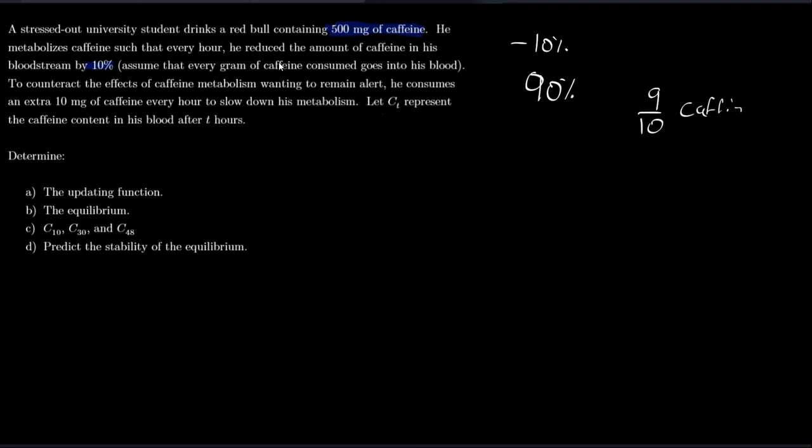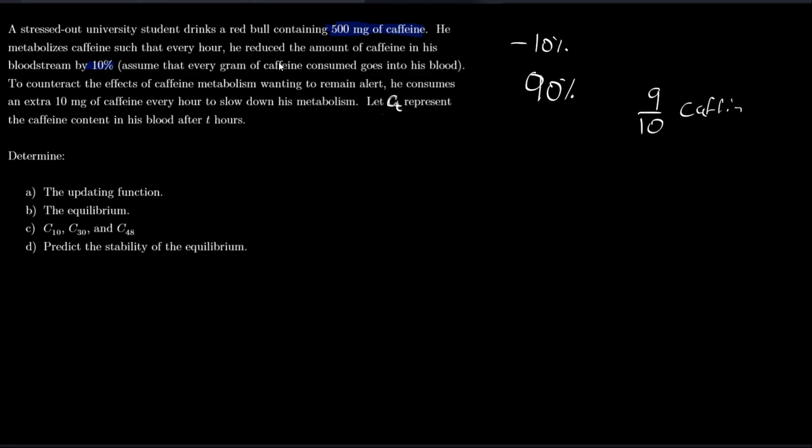And so just to counteract that effect, the student is smart, also stupid, but smart. He's going to take 10 milligrams of extra caffeine every hour. So on top of the initial caffeine that he took, which is slowly getting metabolized, he's going to add 10 milligrams of caffeine every hour to counteract those effects, to slow down the overall metabolism. Well, not that it'll slow down the metabolism, but it'll just be more to metabolize. Anyway, so we're going to have